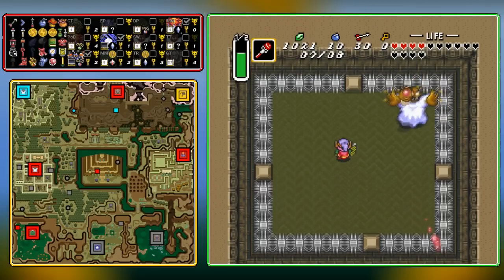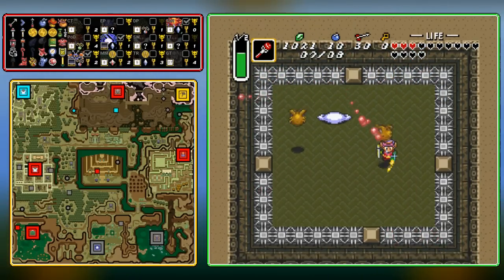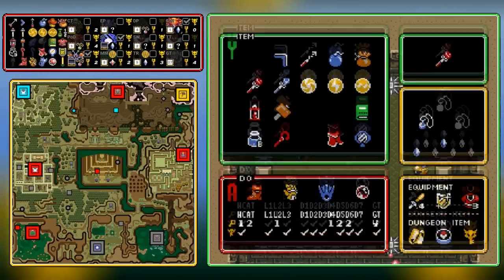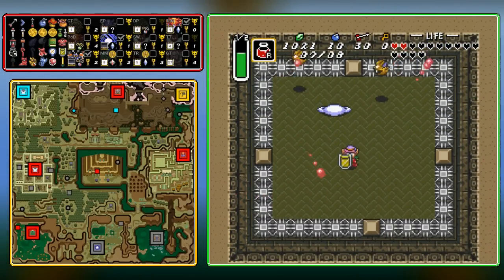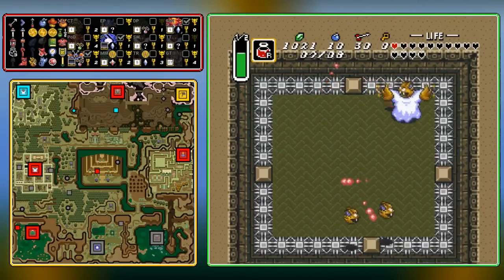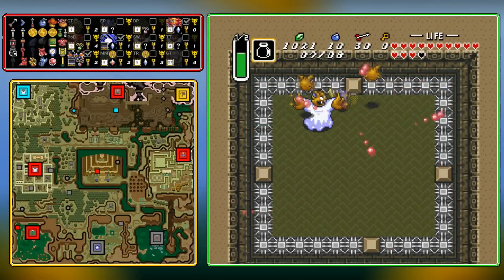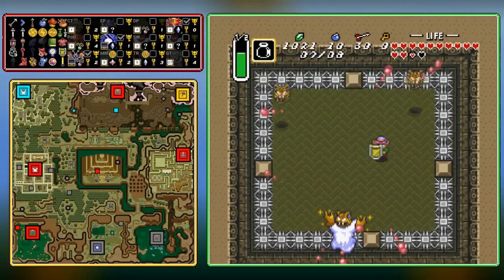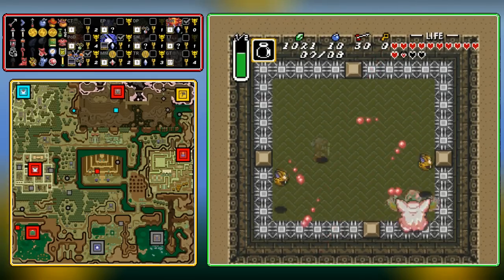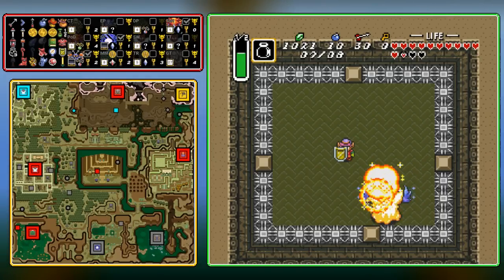We might need Drank here. We actually... You know what? I'm going to equip the Drank. If I take one more hit... There we go. Drank it up. Yeah, we would have died, because the floor is moving me into the spikes there. This room was not built for blind. Not sure if you could tell that or not, but...